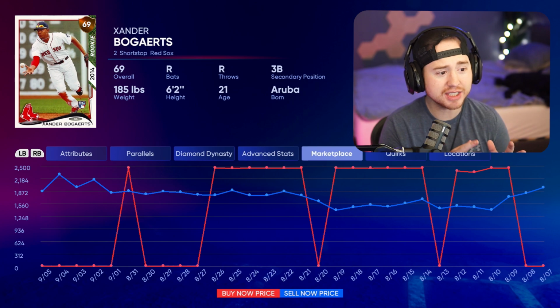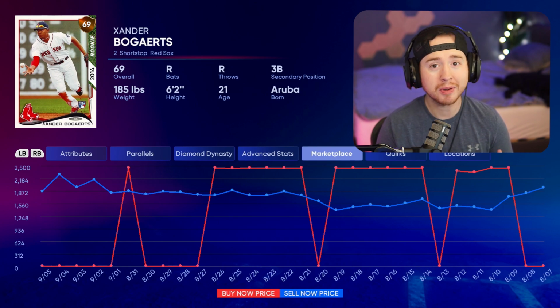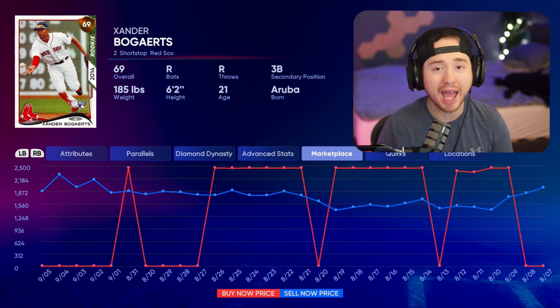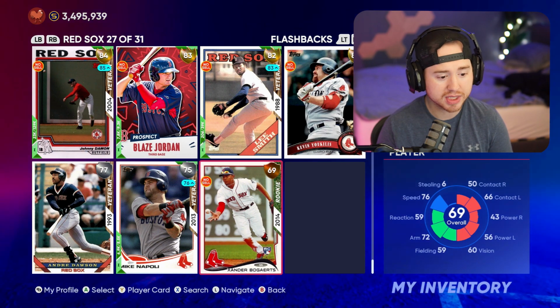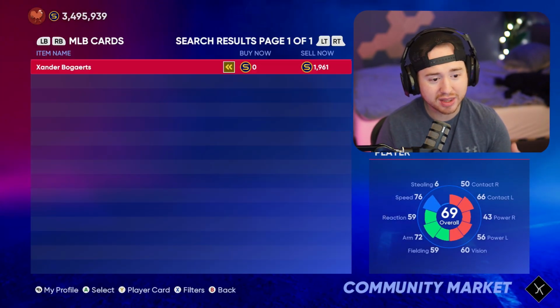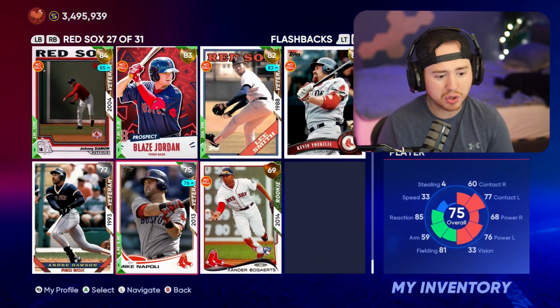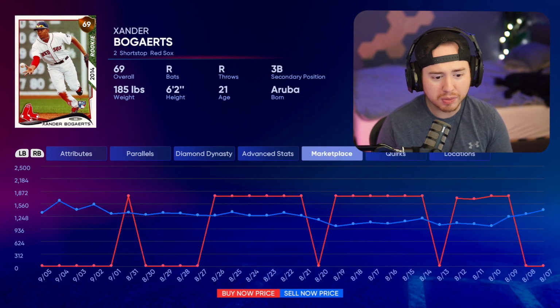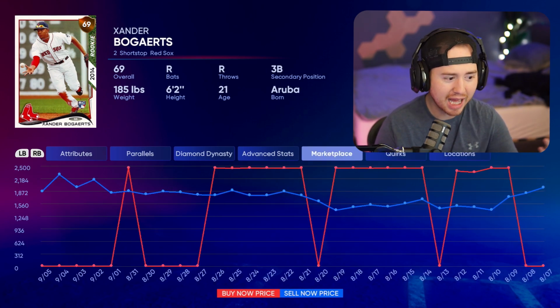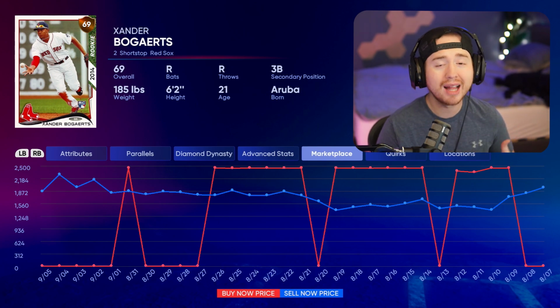Here's an example of a bronze here with Xander Bogaerts. One of the reasons I don't really put too much focus on these bronzes is because so many people are trying to obtain these, and most of the time they have a ton of orders backed up. If we take a look at Xander and his sell nows, we can see a ton of orders right there already at the 1900 range. So it becomes a little bit difficult for them to drop down too much over time, and so we just see some slight dips. He does get back up to 2,500, but there's less room for them to drop, less room for them to grow on these bronzes,